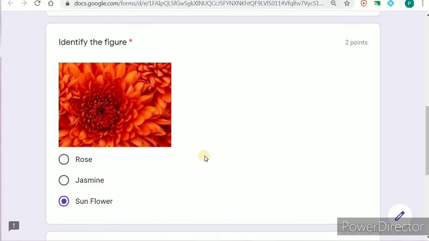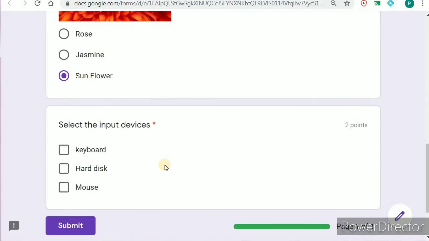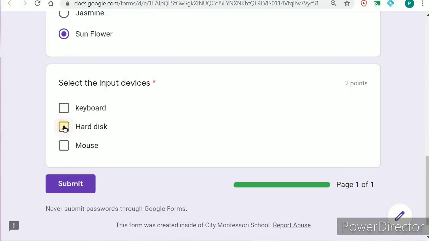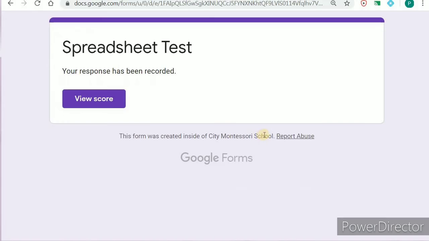Suppose I am solving this paper. Only one answer I am clicking here. Then this is the progress bar, and then the submit button. So this is how students will attempt the paper. Then they will see the response has been recorded, and then view score. Immediately they can view the score here because we have selected that option.